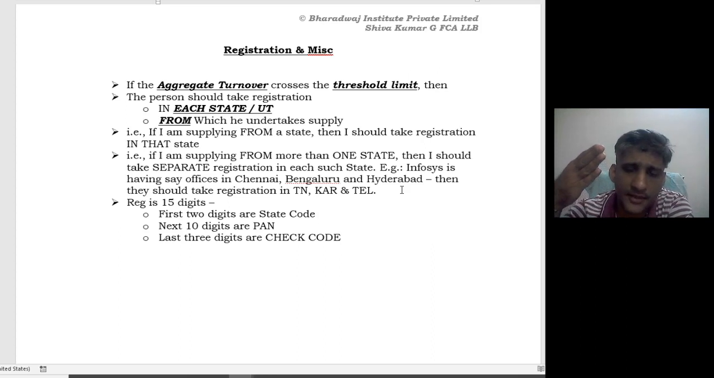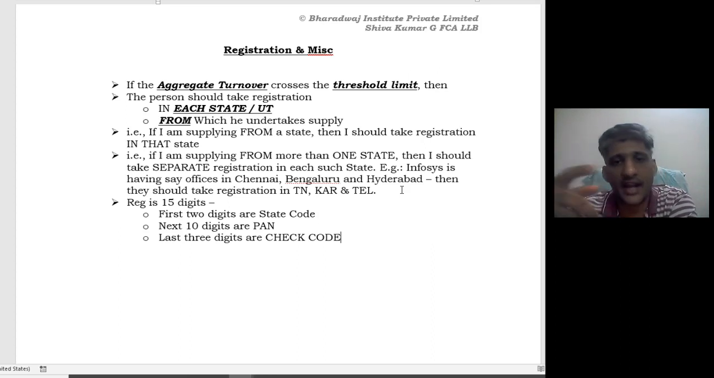if you are supplying from more than one state, then you should take registration in each such state, again provided your aggregate turnover crosses the threshold limit. Okay, then we also learned that